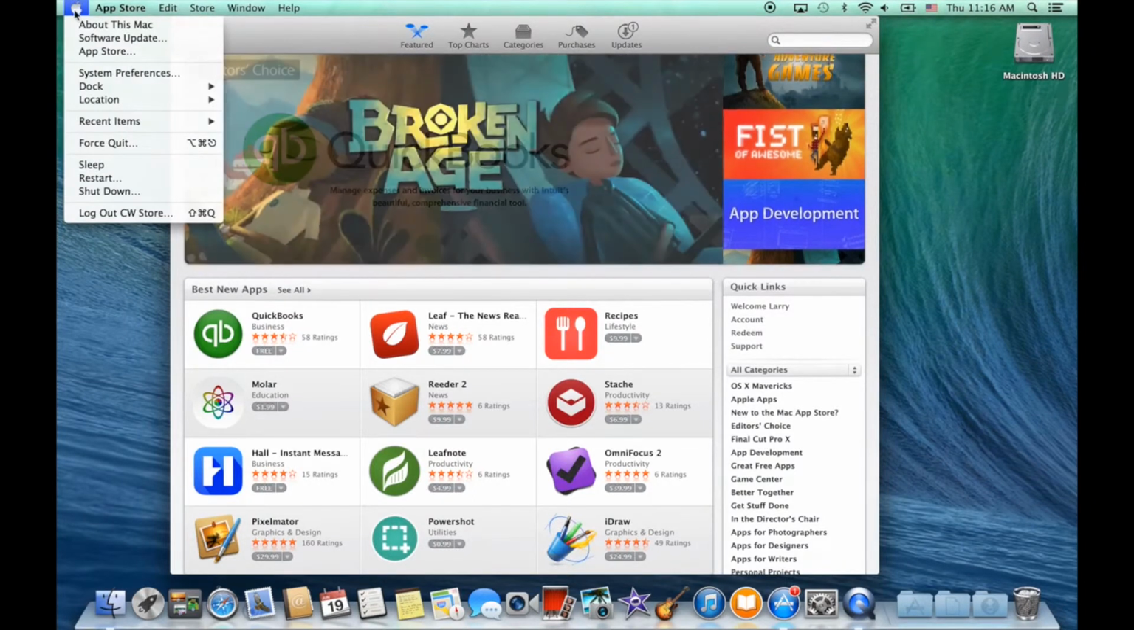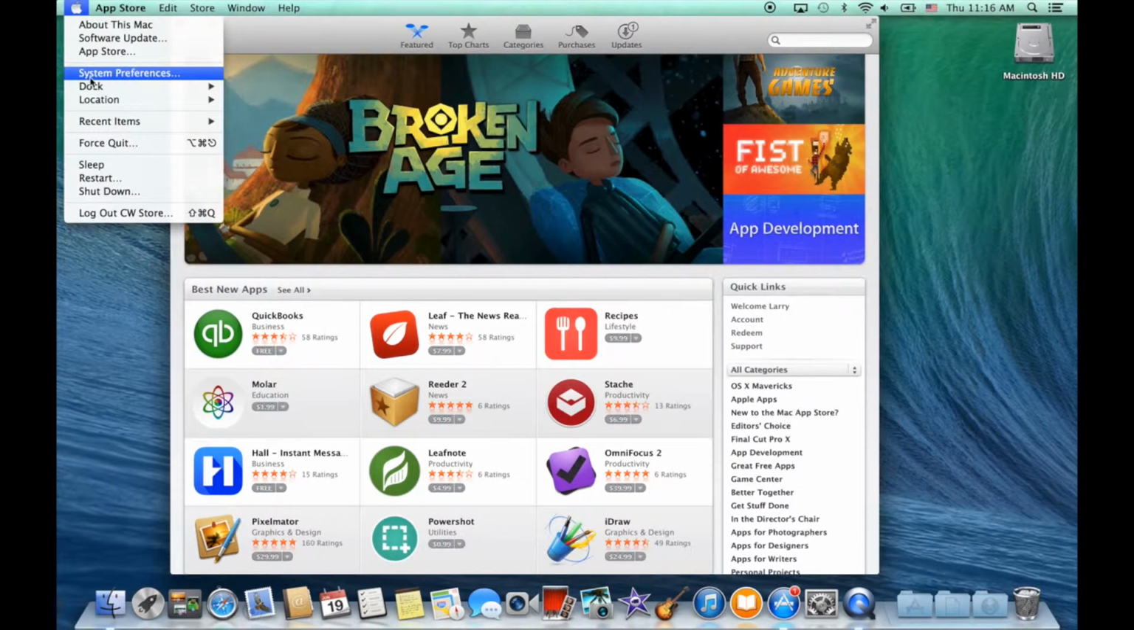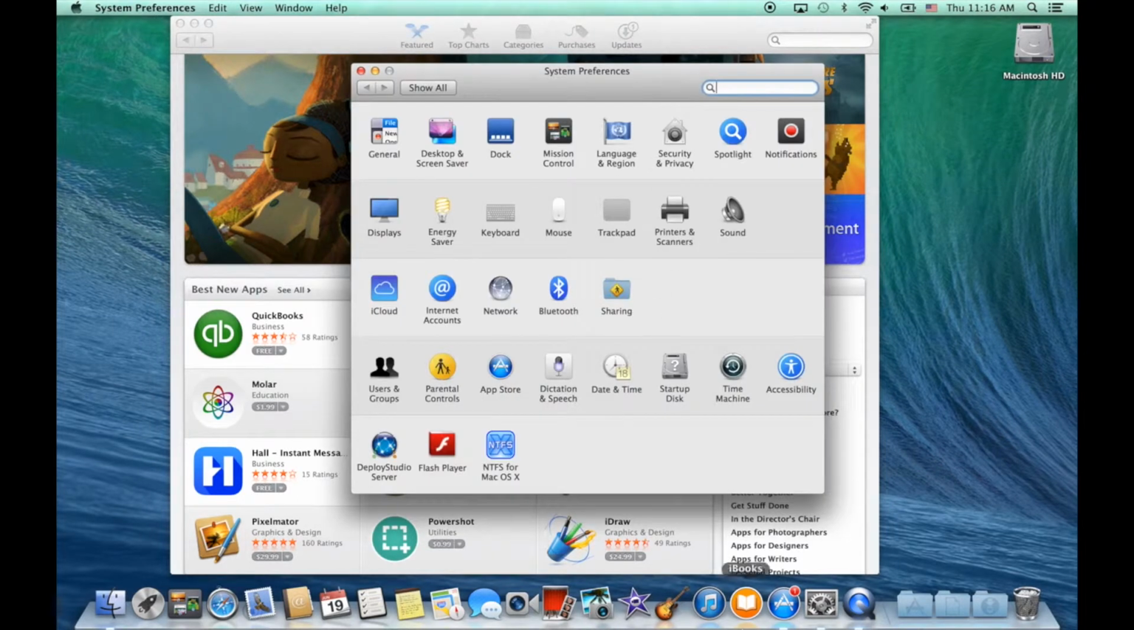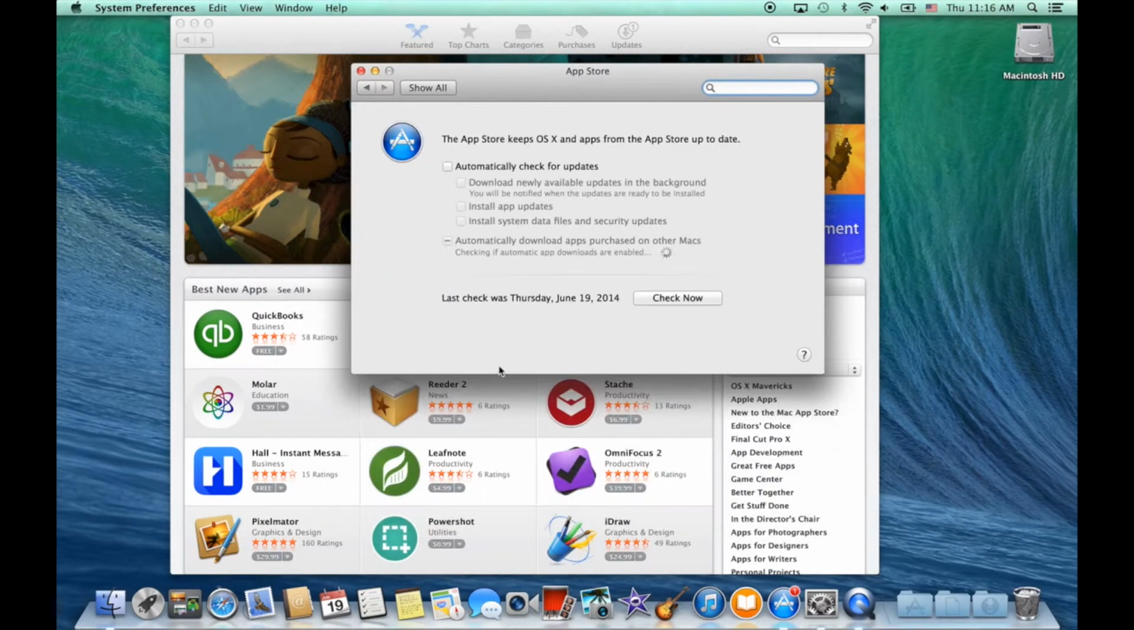Then you can go to the Apple and go down to System Preferences, and System Preferences is also accessible down in your dock if it's still down there. Then you can go to the App Store icon in System Preferences, and here you can check to have updates